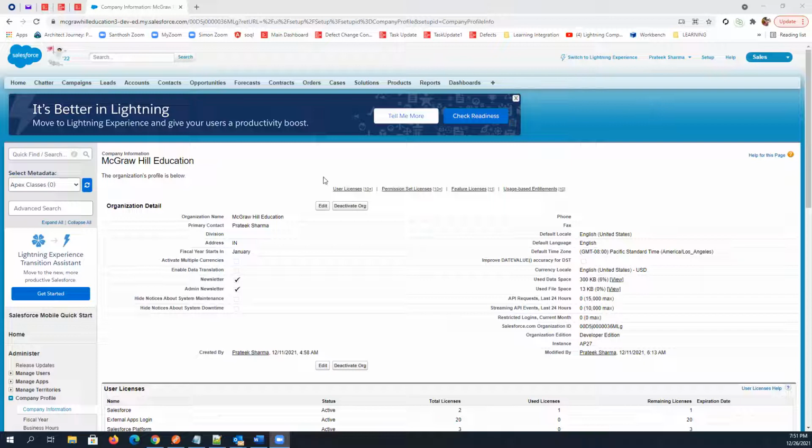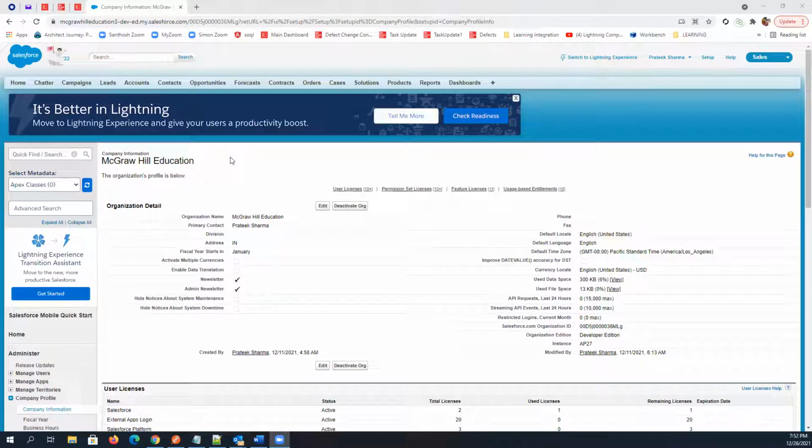So first, we need to create a profile. We have some standard profiles, and you can also create custom profiles. Standard profiles are provided by Salesforce, so you can always use those. But when you join a company, every company has specific needs related to access levels. So sometimes you need to create a custom profile, and you have to assign all the required permissions based on company requirements.